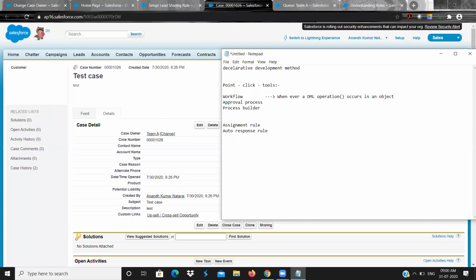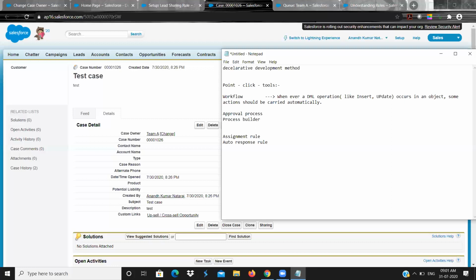But these point and click tools are not capable of performing delete operations. So whenever a record is inserted or updated in an object, some actions should be carried out automatically.